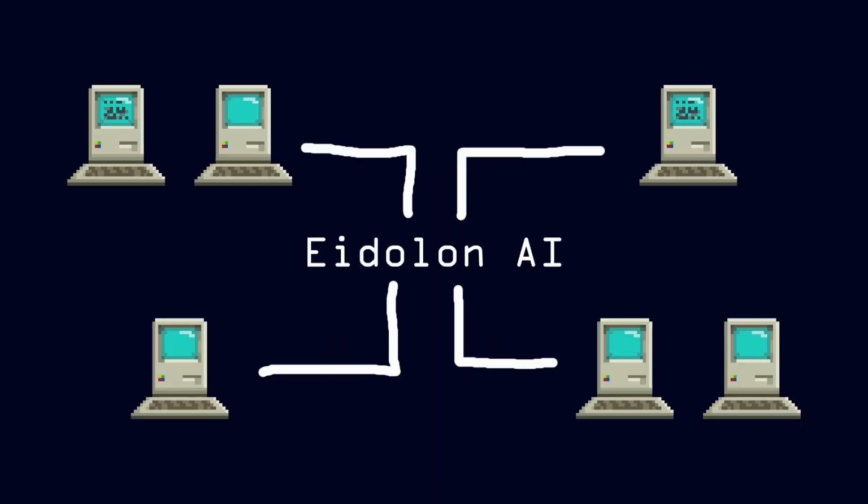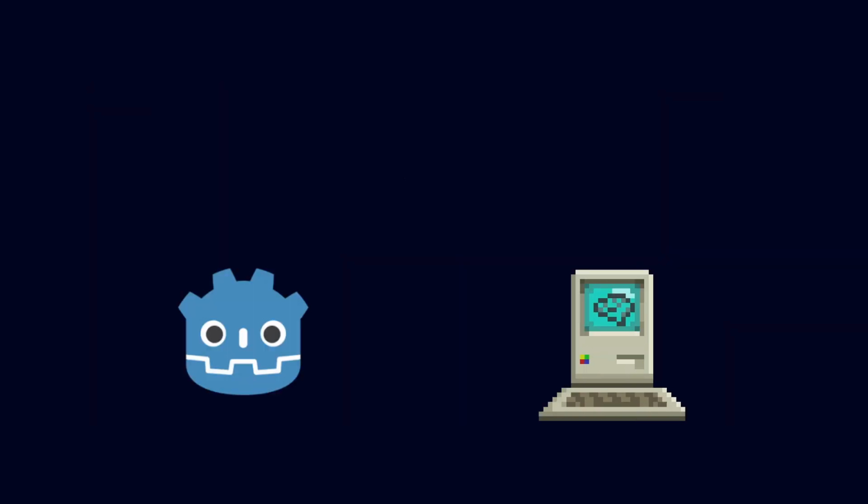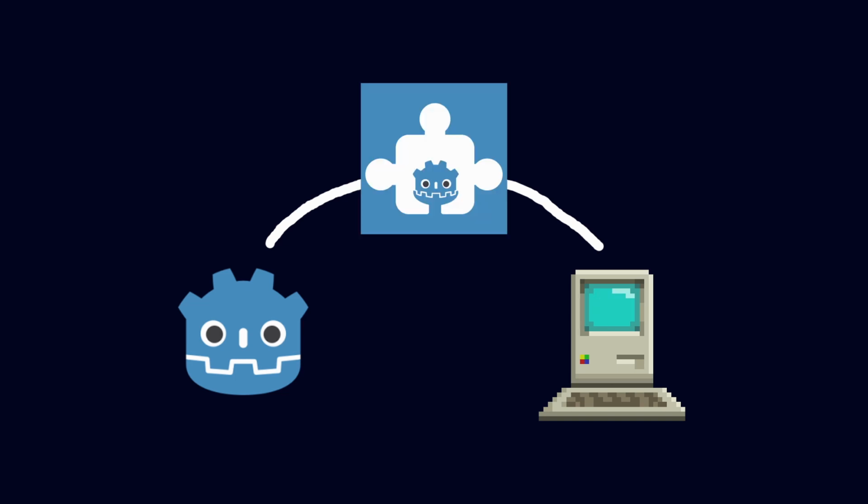With powerful AI models like ChatGPT and frameworks like Eidolon, developers are now empowered to build applications that are more responsive and lifelike than ever before. If you want to try playing with LLMs in Godot, the tools you need to connect to an Eidolon server are available to download as a plugin along with the demo I showcased. You can download these files from GitHub, link down below.